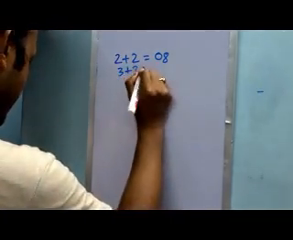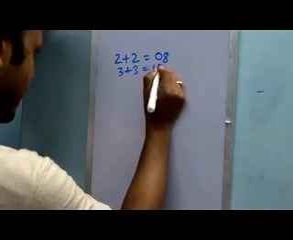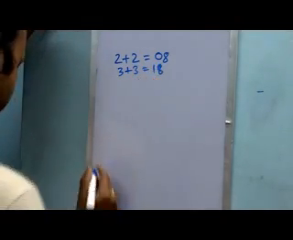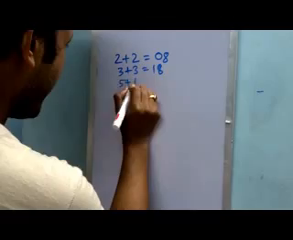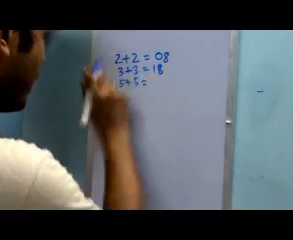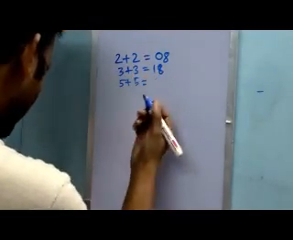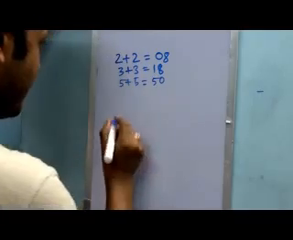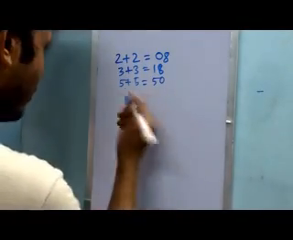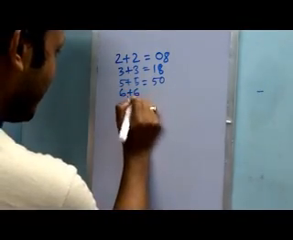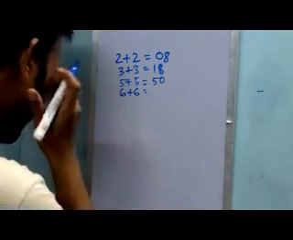3 plus 3 equals 18. Very easy. From the equations you have already got the logic. I understand you have got the logic, and now I am going to discuss it. So it's very easy, and it's very